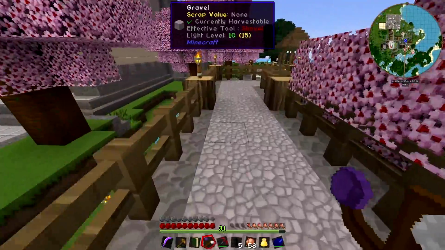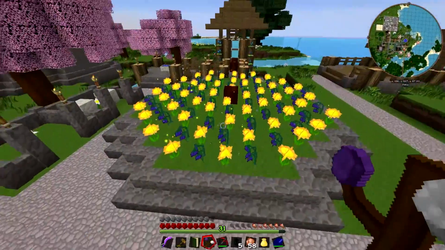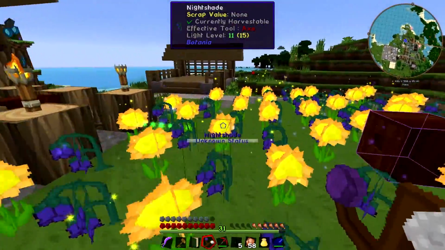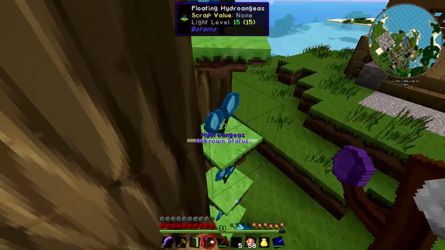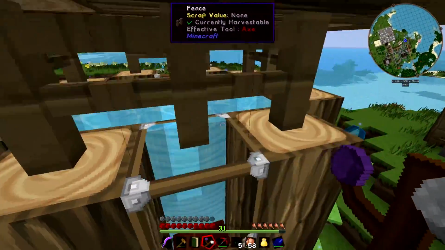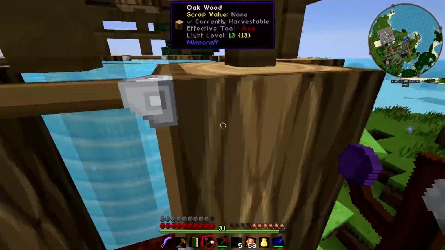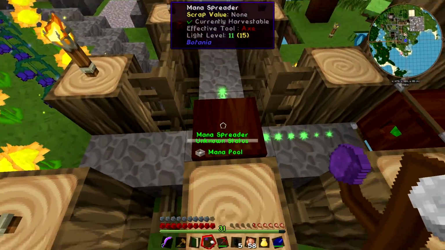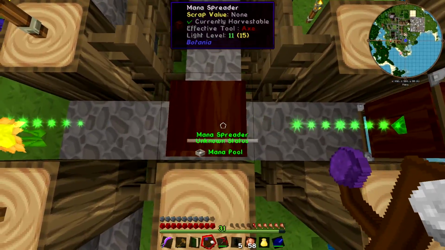Now, I mentioned to you guys before that we were going to make some mana-generating flowers, and that's exactly what we did. We've got the day bloom and the nightshade over here, and these generate mana during the day or during the night, and they shoot it to the mana spreader in the middle. These hydro flowers drink the water inside this giant water tank, which is constantly refilled because it's got source blocks, and turn it into mana, and these green beams are the mana being shot into the middle,